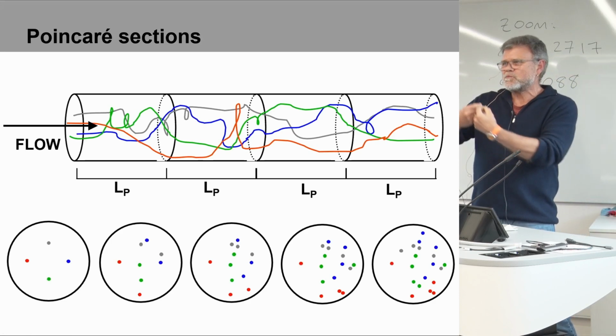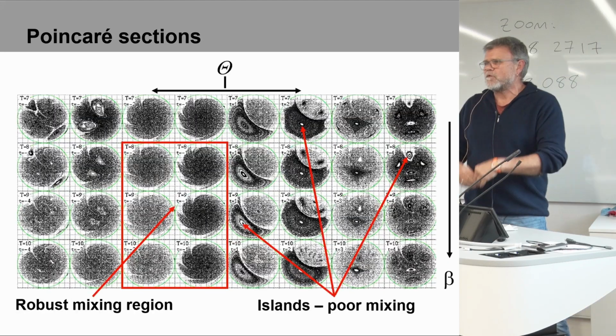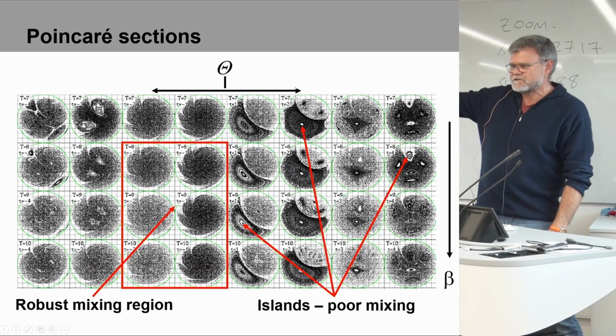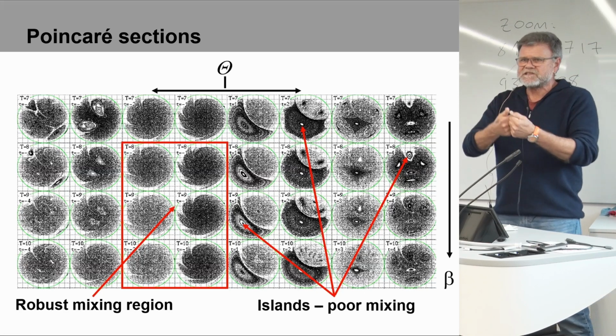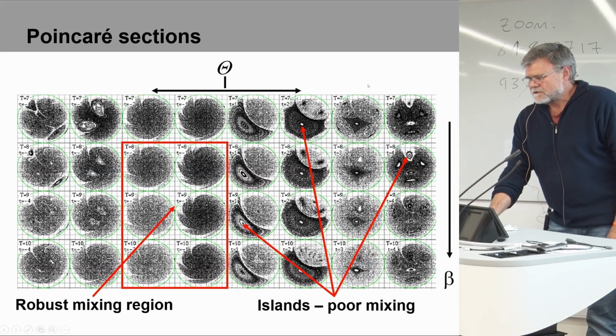Where do things mix and where do they not mix? And here's a set of examples for one particular case. The axis going across the top here is the offset of the window, one from the next. And going down here is that time scale. In other words, how long do we let the fluid see one of these apertures before it moves on to the next one? And you can see that certainly all of these things across on the right-hand side,